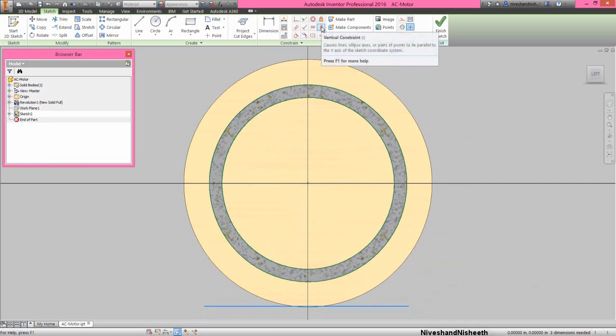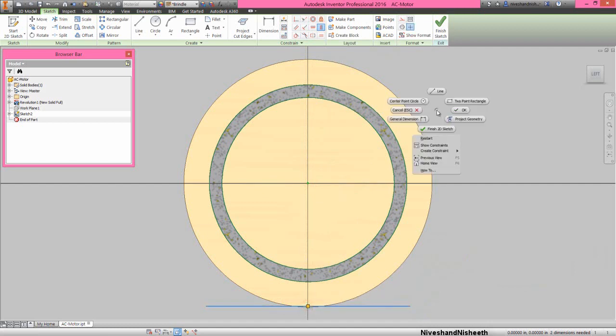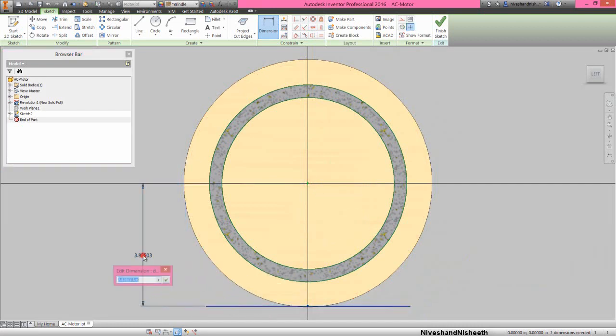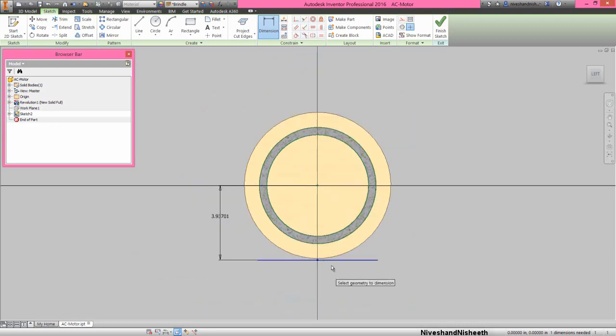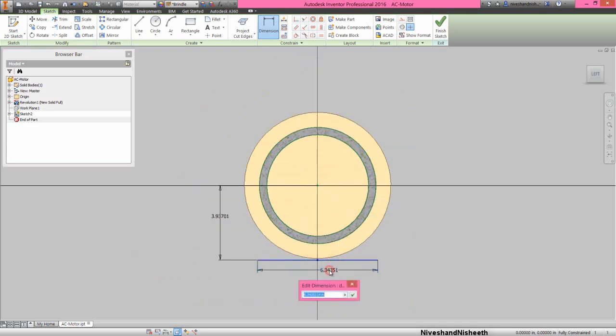Now we will activate the vertical constraint and apply this constraint between the center point and midpoint of the line. Apply the dimension between the center point and this line. The dimension will keep 3.937 inches and this dimension will keep 7.7165 inches.